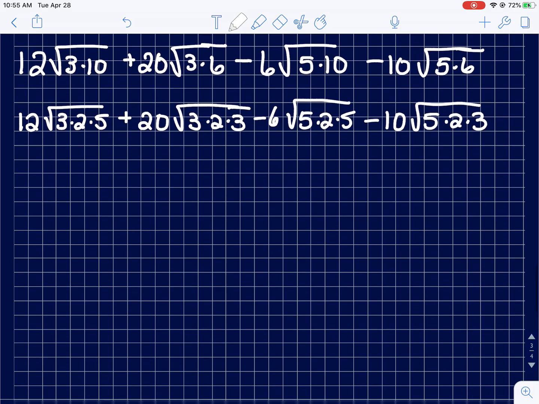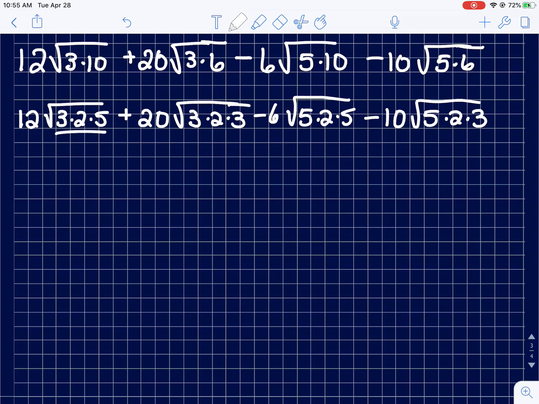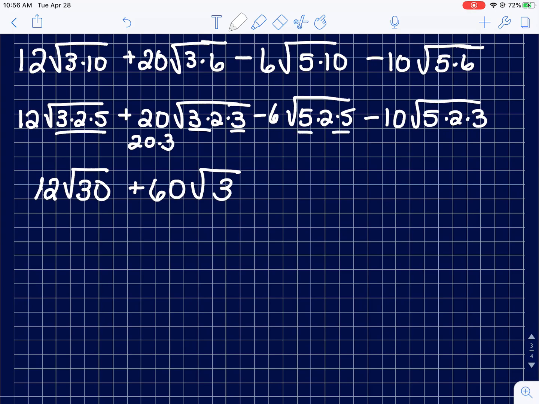Okay, let's look in that first group. There's nothing that can come out, so this is really 12 root 30. In this one, what can come out? Well, we can have a 3 come out. So it's 20 times 3, so that's going to be 60 root 3. In the next one, 5s can come out, and that gets multiplied by the negative 6. So we actually have,